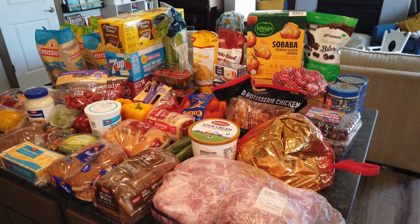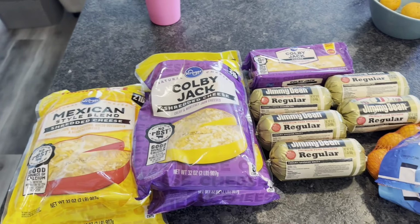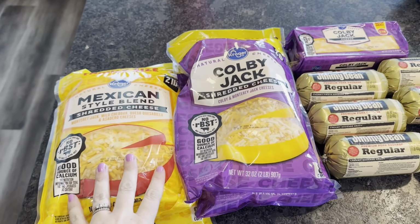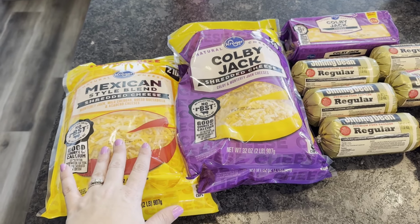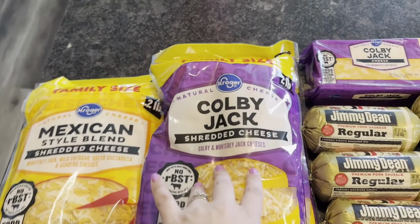Okay, today is May 7th, and I just got a couple of things from Smith's this week that were on a good deal that I wanted to stock up on. So their 2-pound bags and blocks of cheese were $6, which made it $3 a pound, which is a really good deal. So I got 2 bags of the Mexican blend, 2 bags of the Colby Jack, and then 1